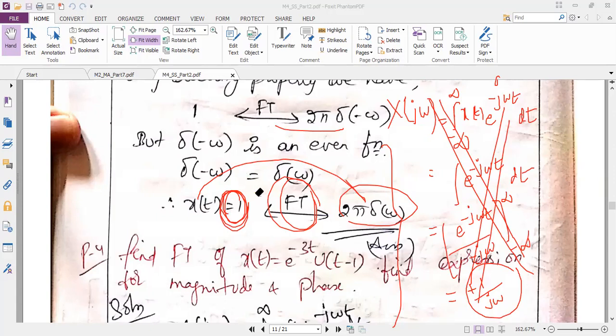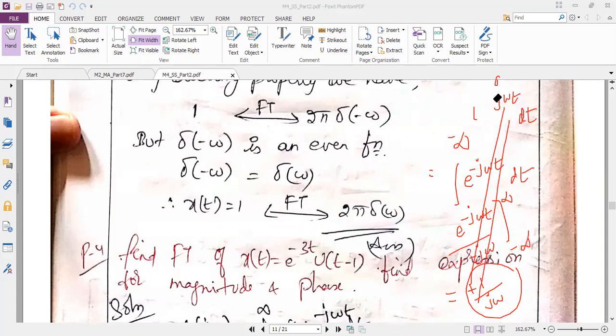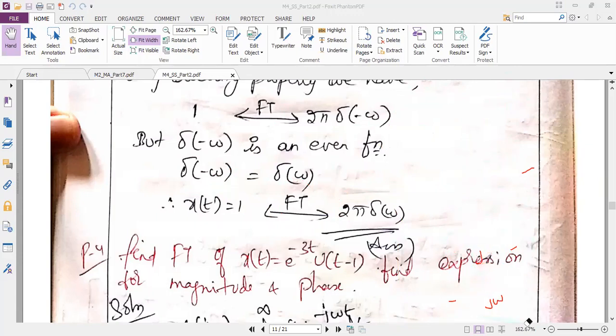Okay, so that's why I said the question looks simple, but it complicates us very much. So make a note in your notebook. We have a standard. Like in mathematics, (a plus b) the whole square is equal to a square plus 2ab plus b square, like that, you have a list of formulas for Fourier transform. In that, the Fourier transform for 1. See, for 1, what is the value? If you take the Fourier transform, the value is 2 pi delta of omega.